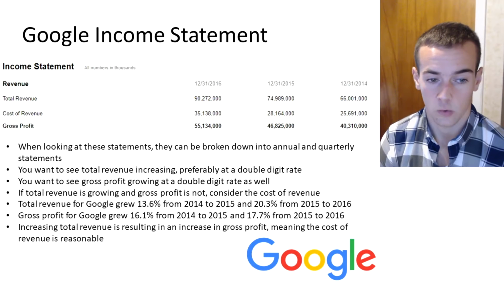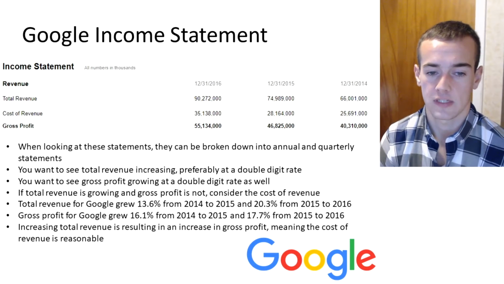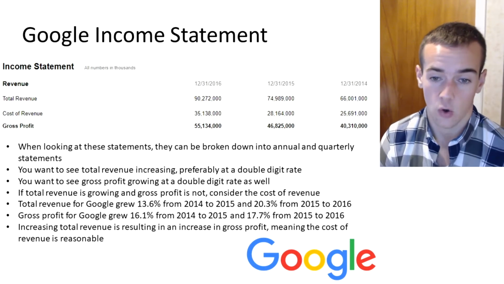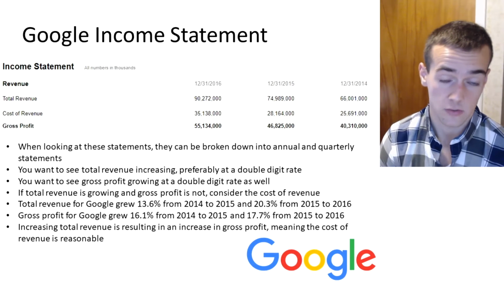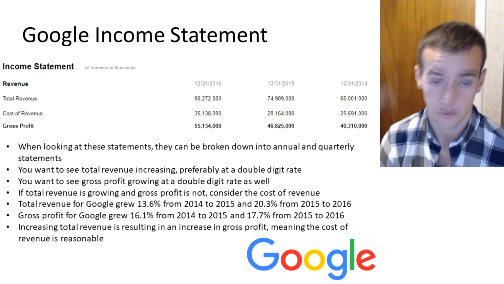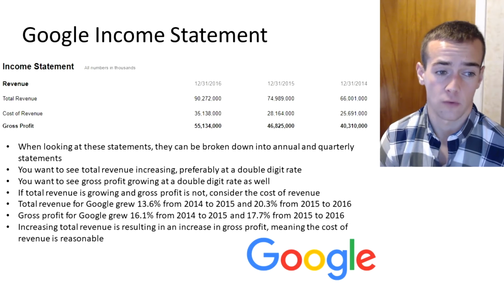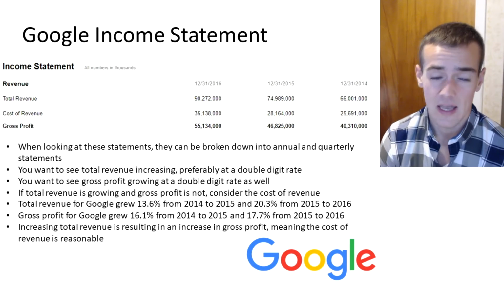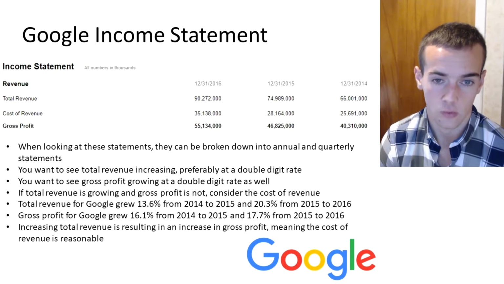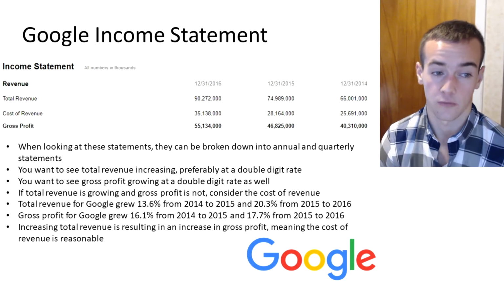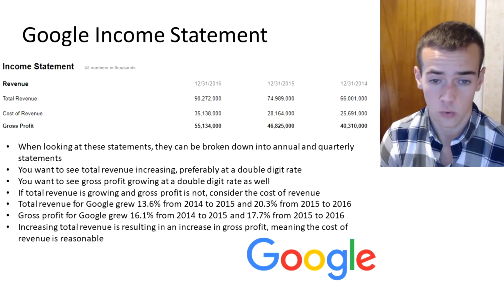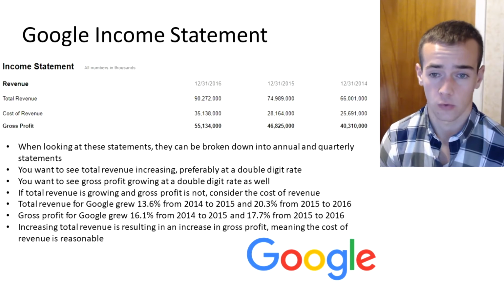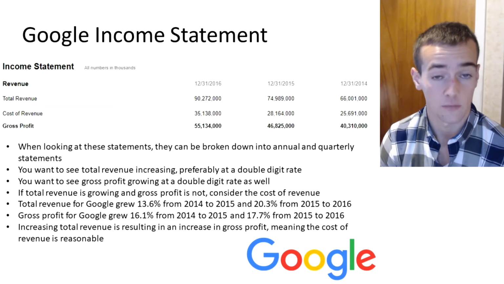So increasing total revenue is resulting in an increase in gross profit, meaning the cost of revenue is reasonable. So these are numbers you're going to want to see. You're going to want to make sure total revenue is converting into gross profit growth as well, because otherwise you need to make sure the cost of revenue is not outpacing the growth of total revenue. And as we can see with Google, we are seeing very healthy growth across all 3 categories of the income